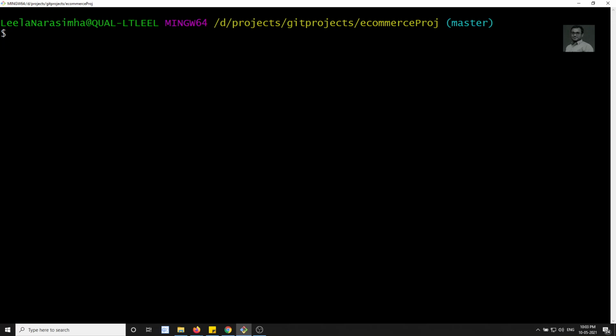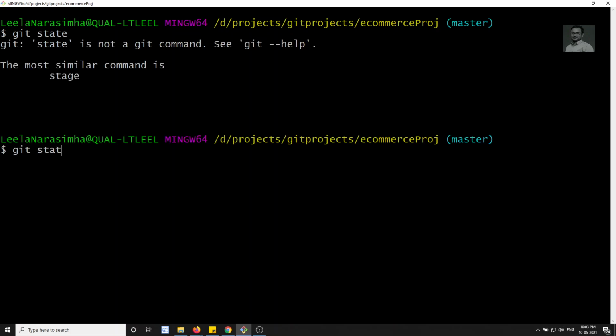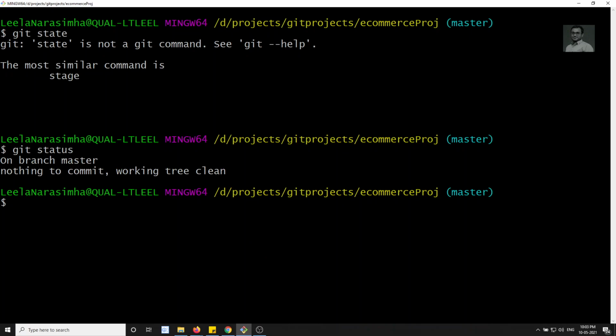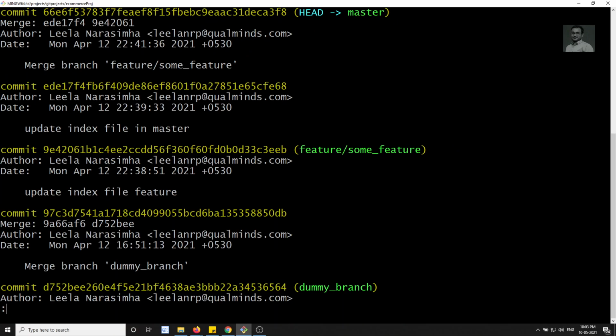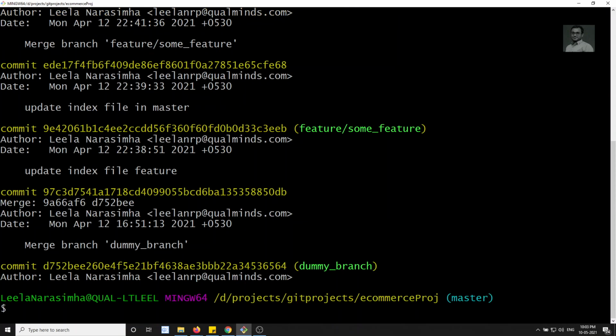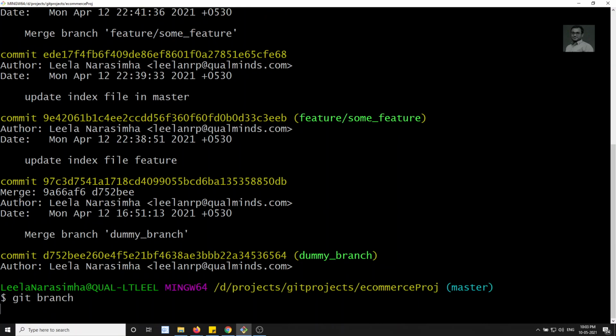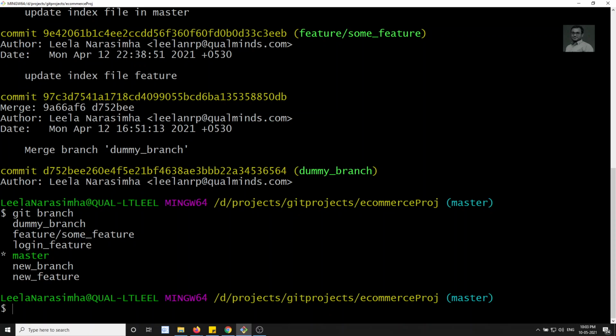So now, if I try to do git status, here it is on the branch master. So Git has been initialized in this repository. If you want to check the git log, we can check it. So these are all the commits that have been made in the master branch. And if you want to check the branches, we can check with git branch. So it is a complete Git repository, the application has been created in our local machine. So now what we want to do is send this Git repository to the GitHub repository. We need to make a linkage of this e-commerce project to the sample project.